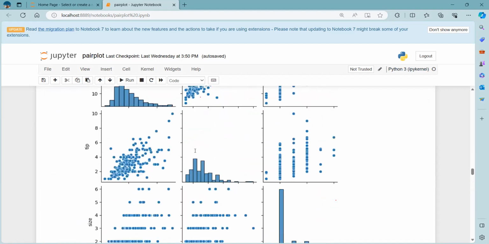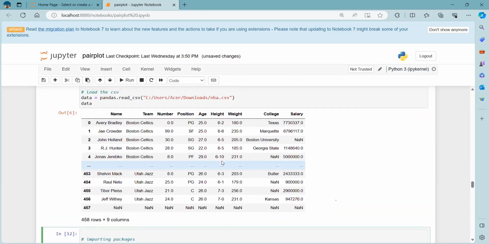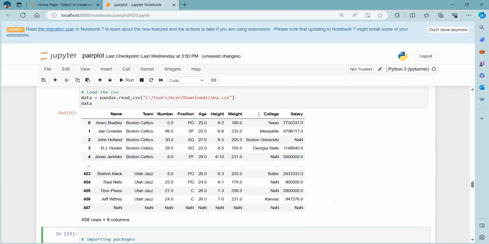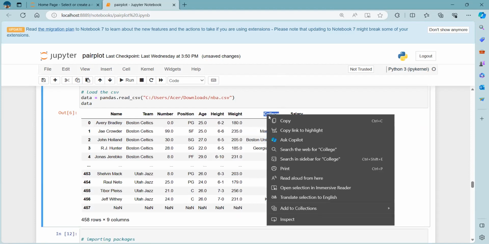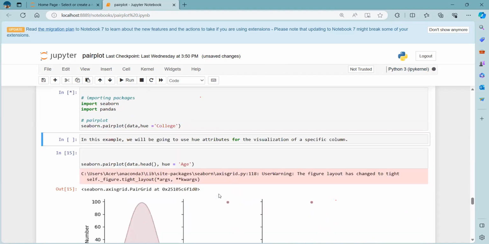Do work with this NBA data set. It's a very popular data set, because when you search on YouTube or any website for sports data analyst, you find this NBA project for all, and this is the data set for the NBA project. So total bill is there. If we choose college as hue, let's say total bill college. If we run,